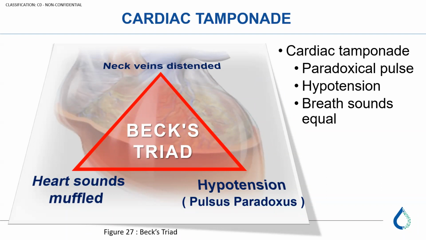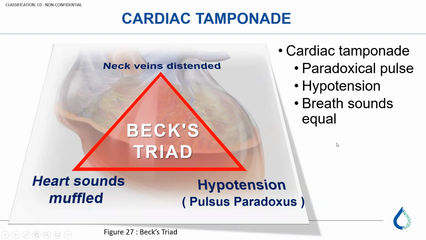What do you mean by pulsus paradoxus? It is loss of peripheral pulse. When the patient breathes in, you cannot palpate or feel a peripheral pulse. We also call it paradoxical pulse. At this point, the blood pressure will decrease during inhalation. Therefore, there is decreased cardiac output, and if the patient is hypotensive, there will be loss of peripheral pulse. So again, the Beck's triad: neck vein distension, muffled heart sounds, and pulsus paradoxus as reflected by